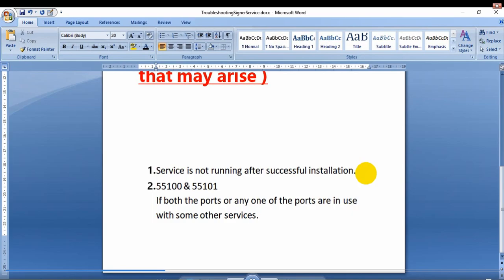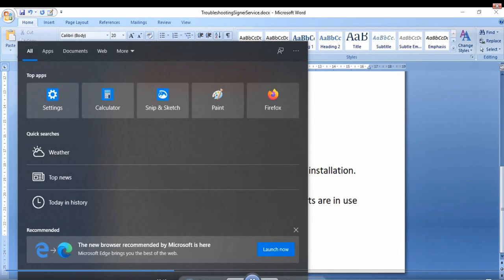Otherwise we need to check what is running on these ports. For that we need to open the command prompt, to see what is going on these ports. Take help from the technical officials in your department, staff or technical support team, because all will not be comfortable with what I'm showing, and it is not interesting as well.